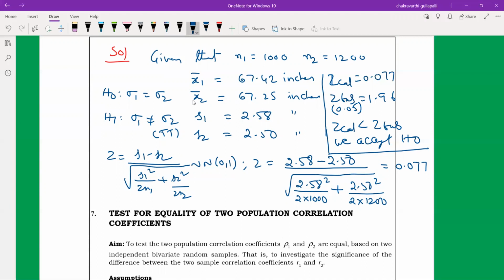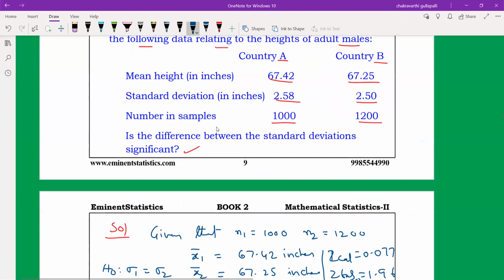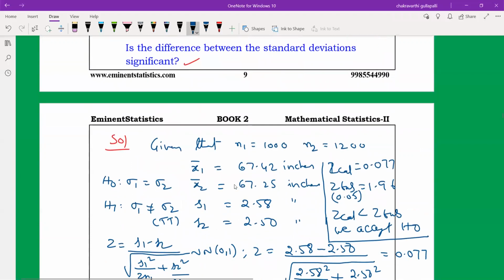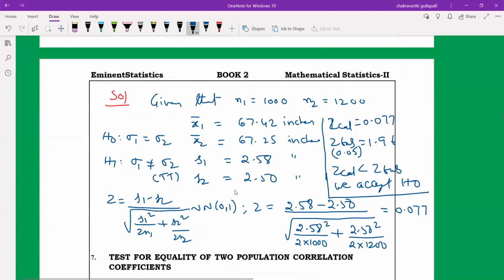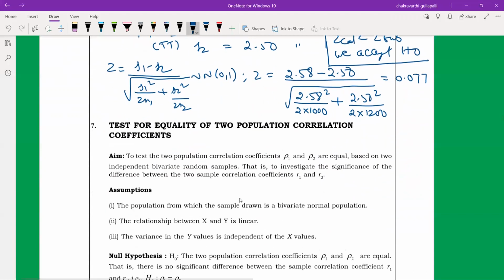That is very, very important. This is the model of the question asked in university exams. The problem is given: is the test significant or not? Using this procedure we can easily decide. Whether H0 is accepted, the test is not significant; whether H0 is rejected, the corresponding test is significant. That is the thumb rule. Using the thumb rule, we can easily identify the correct solution of the problem.